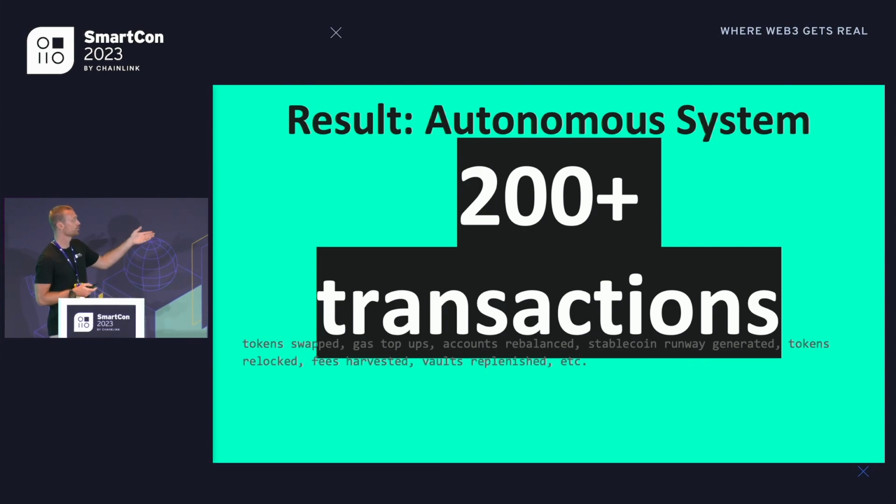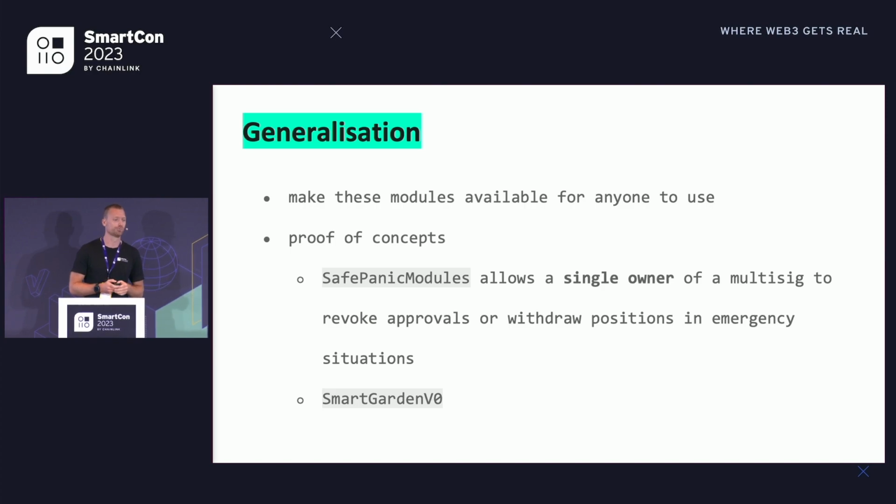And yeah, so think about token swapping, the gas top-ups I mentioned, rebalancing of accounts, swapping tokens into stable, creating a stable runway for the DAO, relocking, harvesting of fees, etc. There's lots of stuff that the DAO doesn't have to worry about anymore. The problem with that, though, is a little bit that it was a very custom system for that particular DAO,